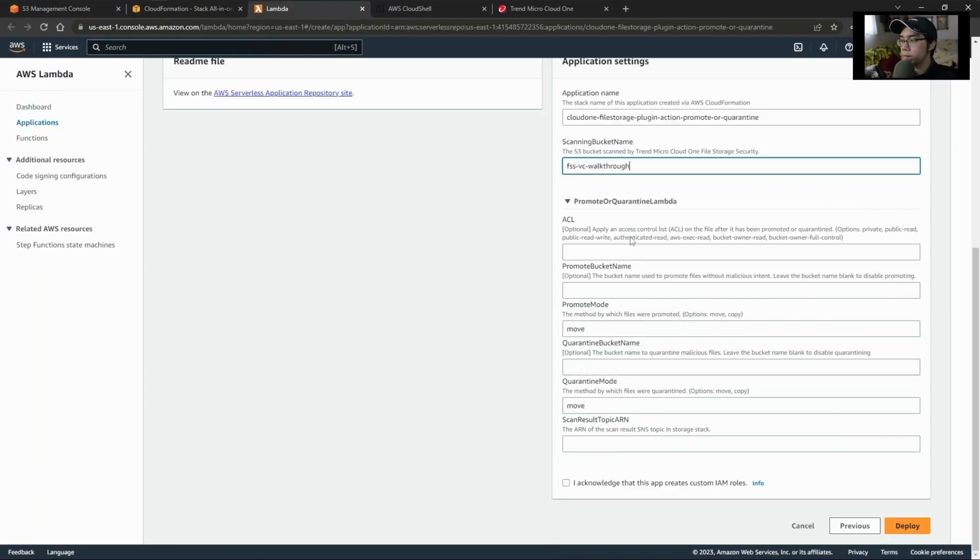and paste that. Then we have our bucket name for promotion. This is, of course, our -P bucket. And then in quarantine, our -Q bucket. For the purposes of this example, I will be leaving the default action for our objects here, in this case being move. If your use case would prefer that you have a copy of the file copied from the initial scanning bucket to our promotion and quarantine environments so as to not disrupt file availability,